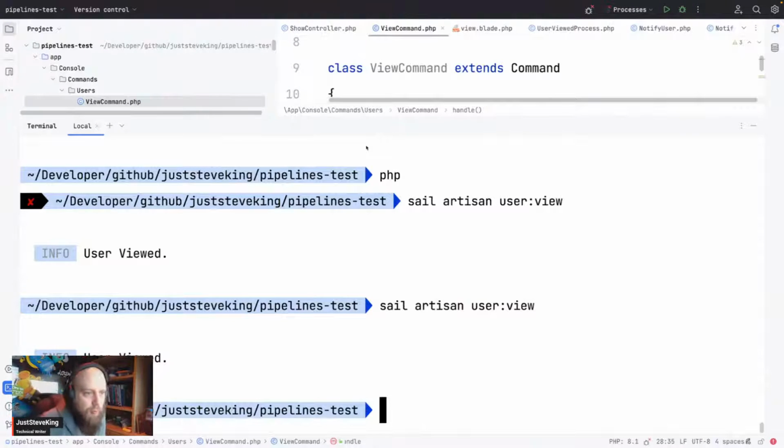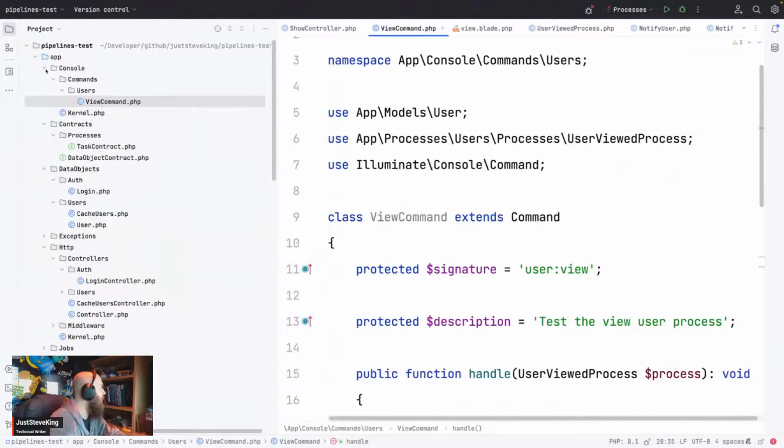Let's say you need to send multiple objects to the pipeline. How would you handle that? Personally, I would build an encapsulating object for that. So for that specific example, let's say